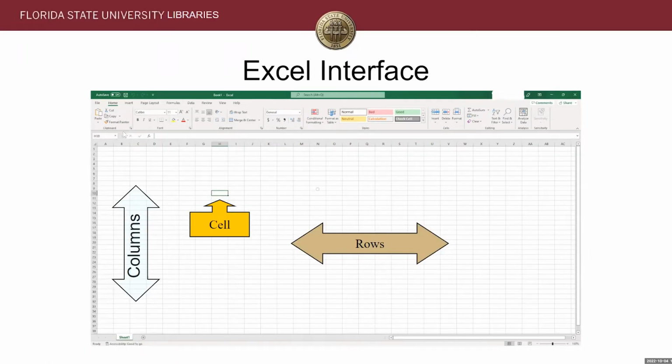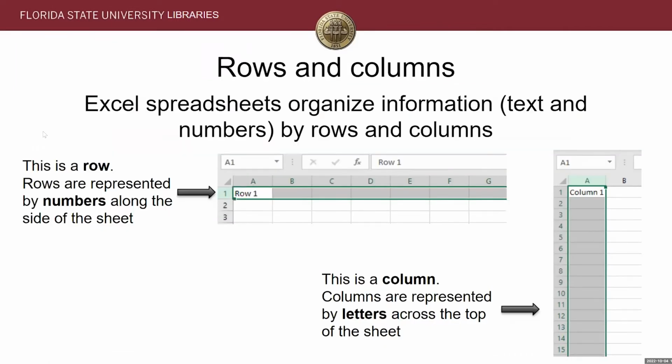So within a worksheet, the values are organized by cells, columns, and rows. This slide points out on a larger view what those columns, rows, and cells look like. But to break that down a little bit more specifically,